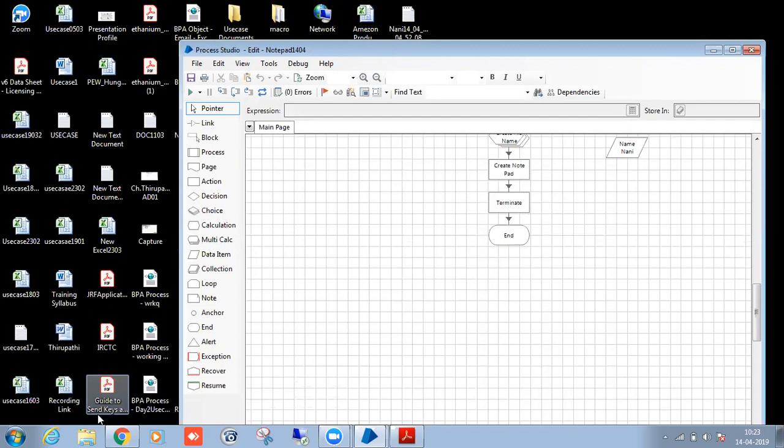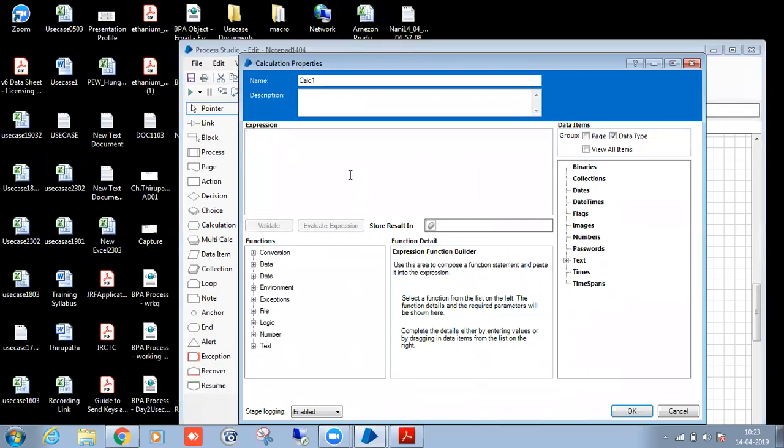And we'll apply some exception handling. So recovery, resume. In between the recovery and resume, we'll take the exception details. So if any exception is happening. This is a positive path, right? Sometimes we are not passing the name. Sometimes the application is not launching properly. So we have to handle it, right? So here you have to implement that.